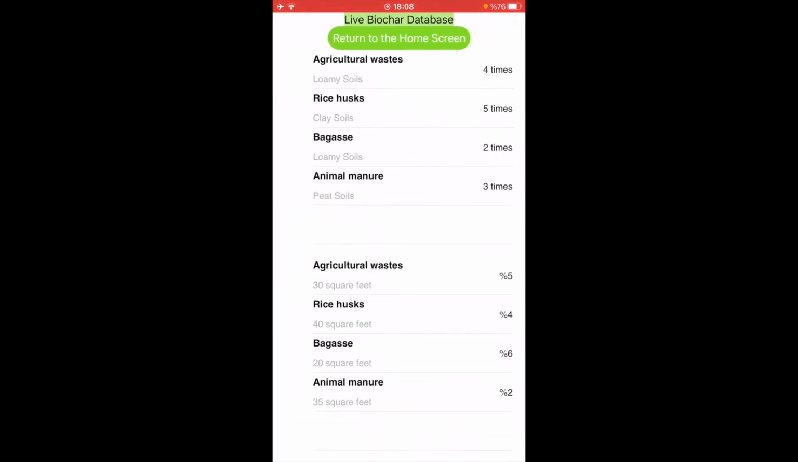Now I would like to talk about the live biochar library. Since this is only a prototype and we don't have enough information, it is an imaginary database that is not live, but if it was real, this database would have been more detailed and it would be live, meaning that new data will be displayed on the screen each minute. So this screen includes two tables that display the relationship between different variables